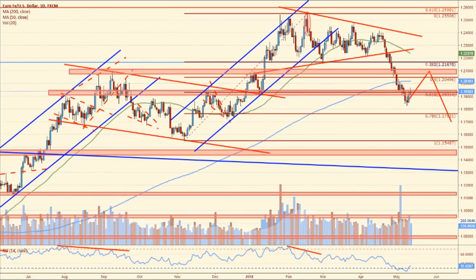Now that we've corrected, and the euro is looking like it wants to bounce back, and we could bounce back to the 120. Well, first of all, you have the 200-day moving average. It's right here at 120.20 roughly. Then you have a big support resistance zone that'll come in around 121, and we could reach all the way up to 122, 123, depending on economic data that comes out.